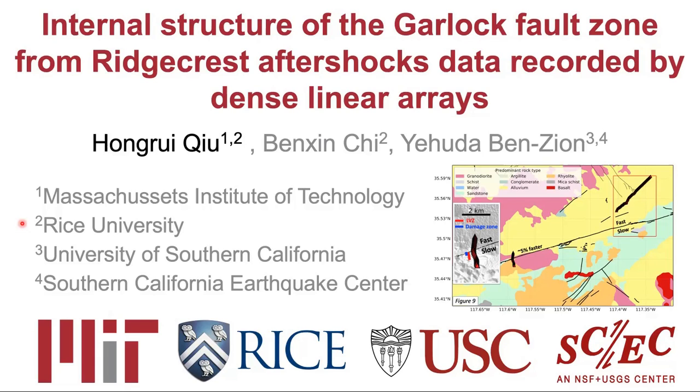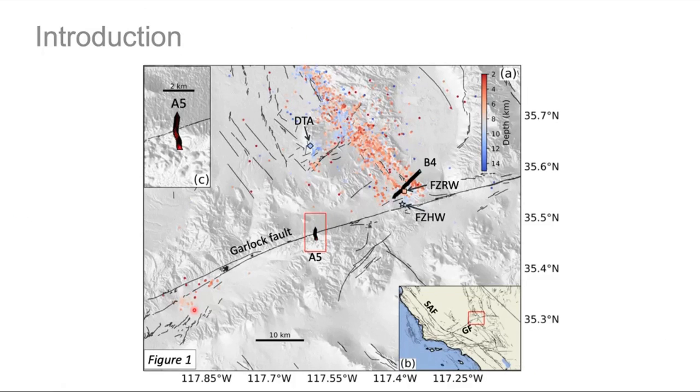My name is Hongrui, currently a postdoc at MIT. Here we present, for the first time, fine structure of the Garlock fault zone resolved from Ridgecrest aftershock data recorded by dense linear arrays. The left lateral strike-slip Garlock fault runs northeast-southwest along north margins of the Mojave Desert of